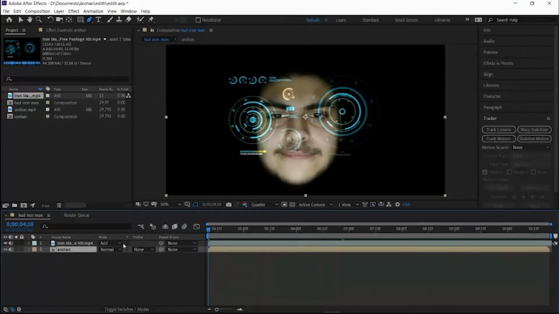After you have made the pre-composition, just a simple thing is there. If you can see the tracker panel here, open that tracker panel and select the track camera option, while the layer which we have just pre-composed is selected.